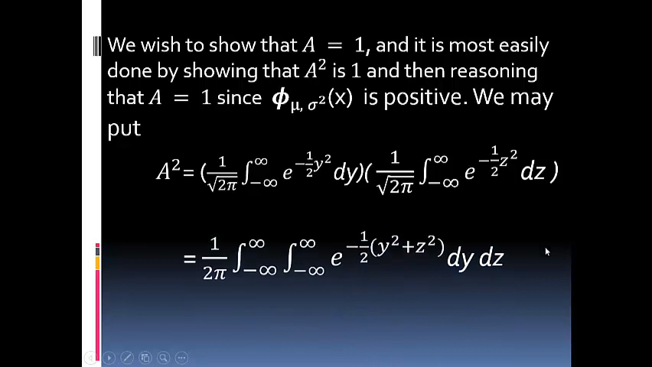Then we get the product of these two equations above, and we get 1 over 2 pi times the double integral of e to the power of negative 1/2 (y squared plus z squared) dy dz, evaluated from negative infinity to positive infinity. And after that,